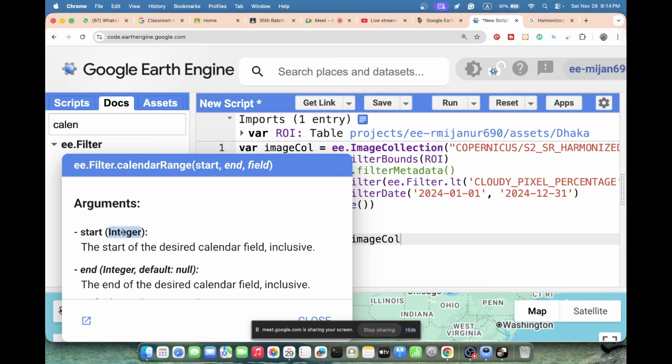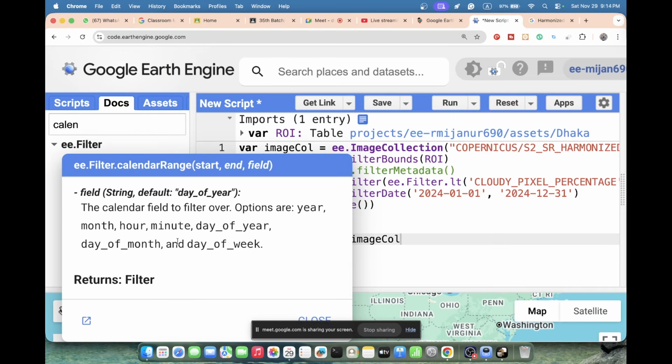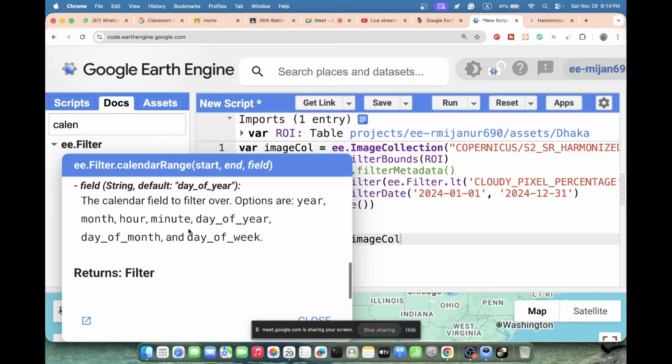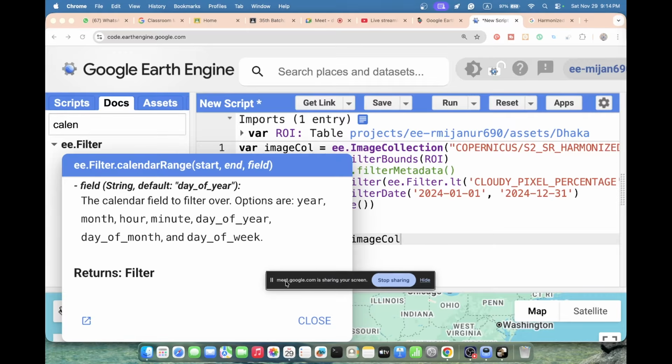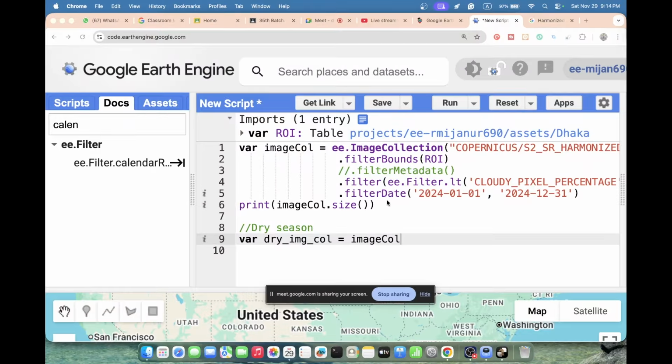Start integer value, end integer value, and field: day of the year, month, hour or minute. So there are different fields we can use here. In this case we just filter for seasonal, so we simply choose the month. I use this function, ee.Filter, then use the filter function and write the function